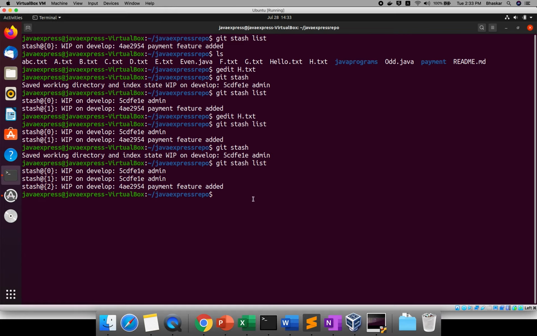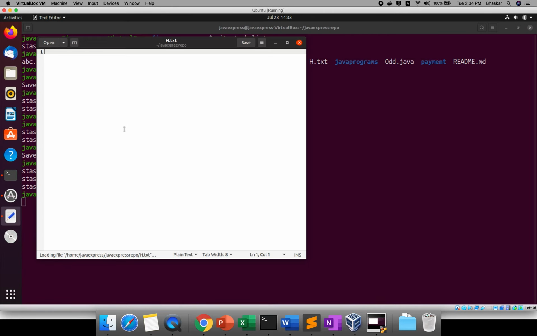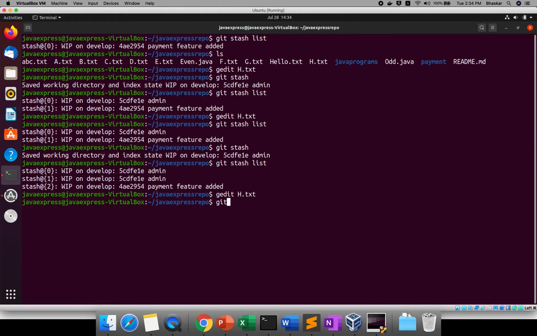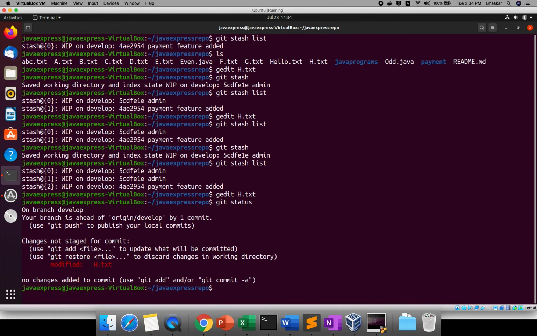If you want to give some specific name, okay, this time what I will do here, hello, how are you, just save and close. Okay, now if you see the git status command, you modified.